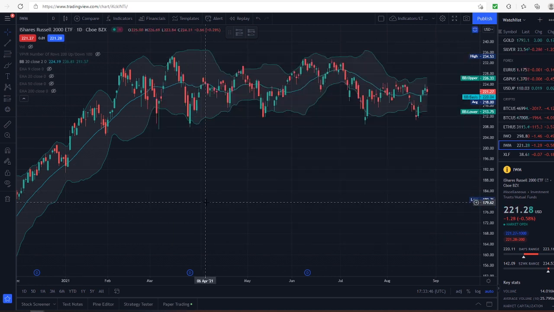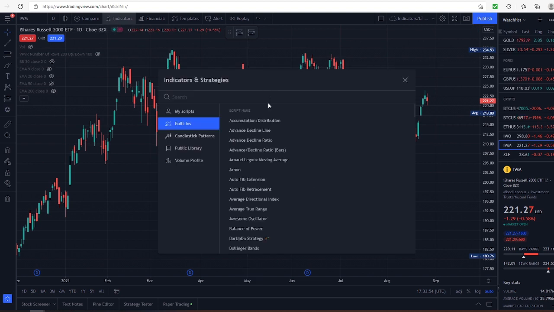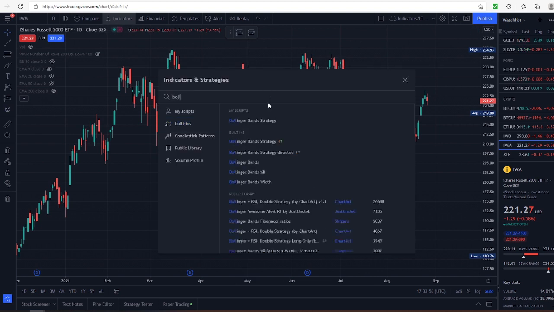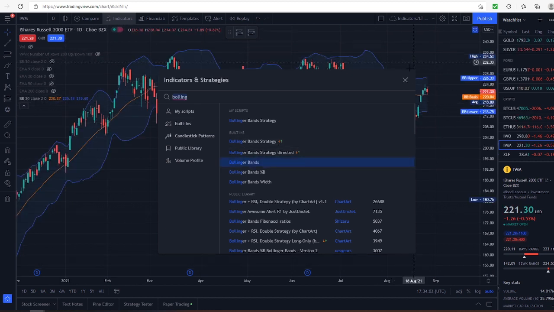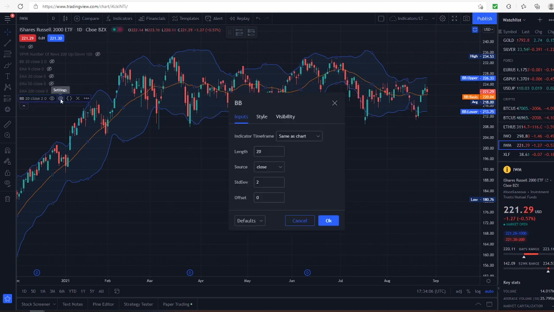Here's how you can add them to your charts. I guess we should just start from scratch here. You go to this indicators button at the top, and it's another built-in indicator, so you can just type in Bollinger Bands. This one right here is the one we're using. Now that populates on your chart, and let's go to the settings so you can see. So you see the length is 20,